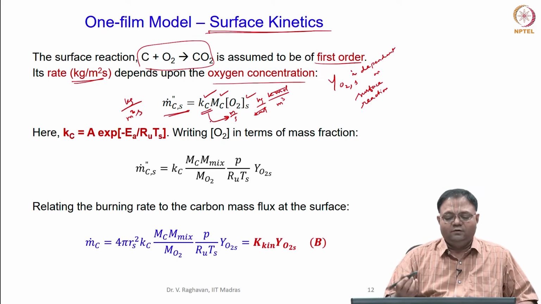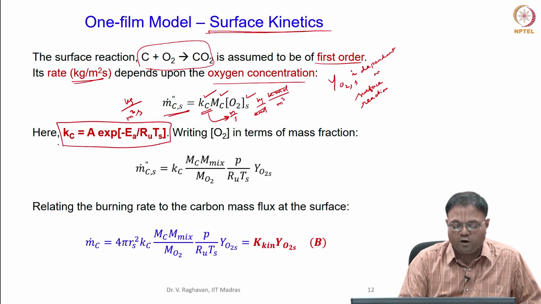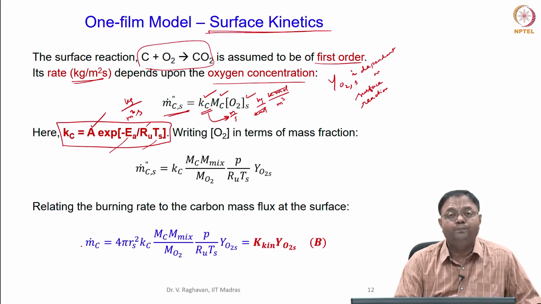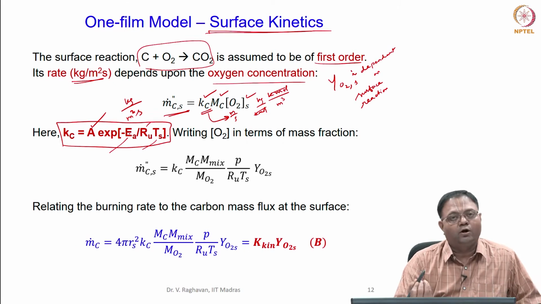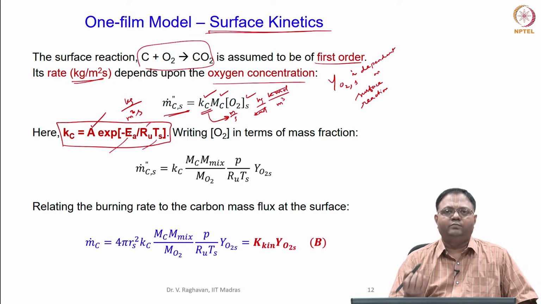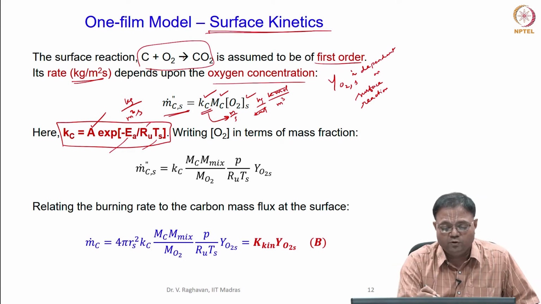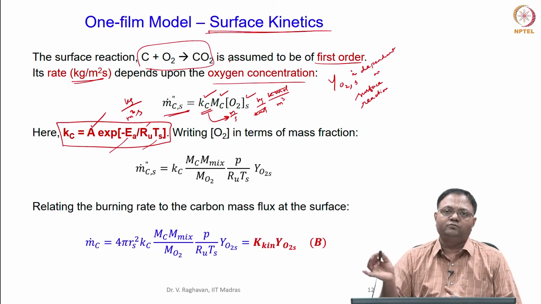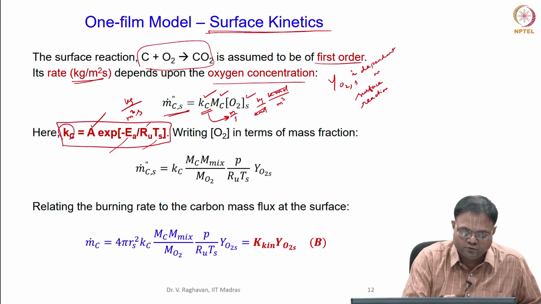Okay. Now, as done for other rate coefficients, Kc also can be expressed in an Arrhenius form, where there is a pre-exponential factor A, then the activation energy EA, the universal gas constant, and the surface temperature. Let us assume that the parameters A and EA are known. We have to do experiments to determine the rate constant for the char oxidation or carbon oxidation, isothermal experiments, varying the temperatures in a range, and try to extract the values of A and EA. And now let us assume that this is known to me.